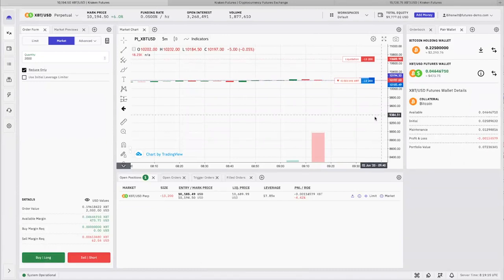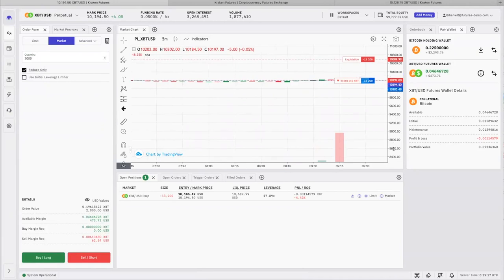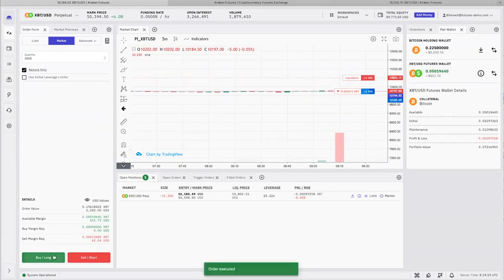And there. And if we do it again, you can see it go up even further. So each time you reduce your position size, you're lowering your leverage and your liquidation price goes back up. We can make it go down by increasing our position size as well. The other way you can make the liquidation price move further away is by adding more